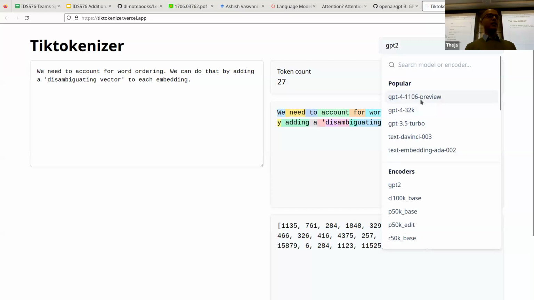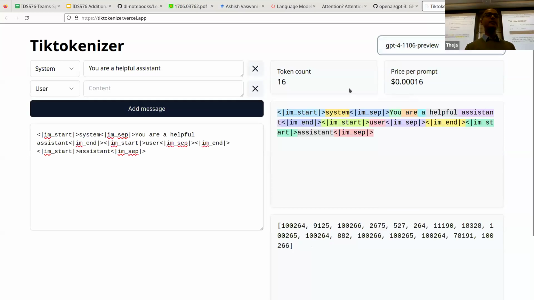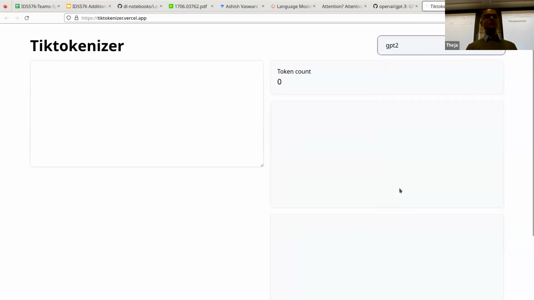So I guess GPT-4, let's try GPT-4. It has 16 tokens, right? For the same, oh no, not the same. The example changed. I was like, why? How can it be like this? But yeah, I guess GPT-4 has a different architecture. Let's focus on GPT-2, which would be the closer architecture to ours. I lost the example, but I'm just trying to show that this is a good visualizer to look at how tokenization changes as a function of the model architecture also.